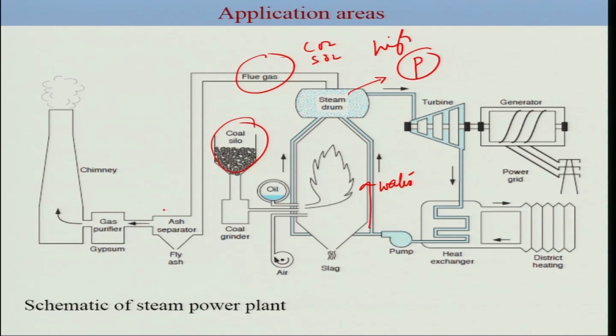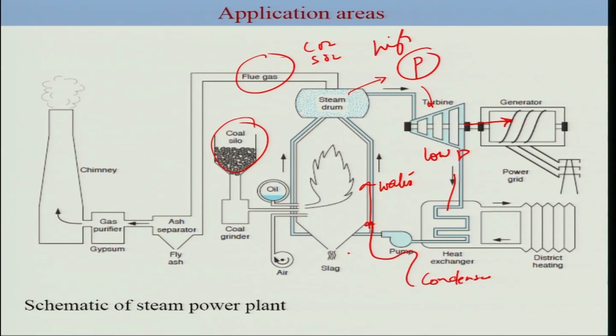Now once you have high pressure steam, you pass it through a turbine, it expands and does some work. The work gets converted into electricity through a generator, and the remaining low pressure steam gets condensed and then recycled here. So this is the overall application which we are going to study in this particular course many times. The important aspects are, of course, the various phase changes occurring, the heat and so forth. So this is a large scale